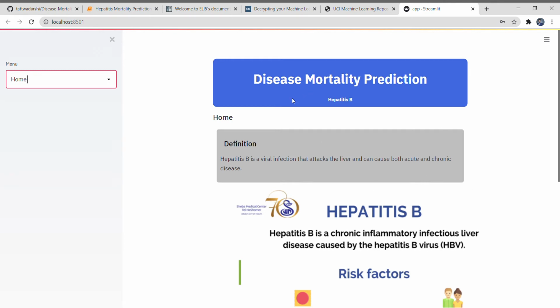So what we're doing here is, the problem statement is that we are going to predict whether someone suffering from hepatitis B is going to survive or not based on certain parameters. So this is how the home page looks. Now if you are a new user for this app, you can just go to the sign up option and